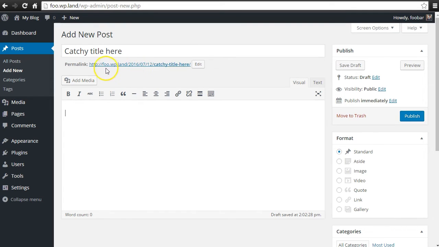When you do that, you'll notice that it actually comes through here and puts in a URL for that blog article. You can edit actually what this URL looks like. I'll put a link in the video below of how to do that. But the catchy title here part you'll see is taken from your title. Now, if I go through here and I add some more to my catchy title here, it's not going to update my URL. If I wanted to update that, I'd need to go in and click Edit. You'll need to use hyphens or anything like that because you can't do spaces on URLs, and hit OK, and that updates it there. So now that that is updated, I can go through and start adding content.